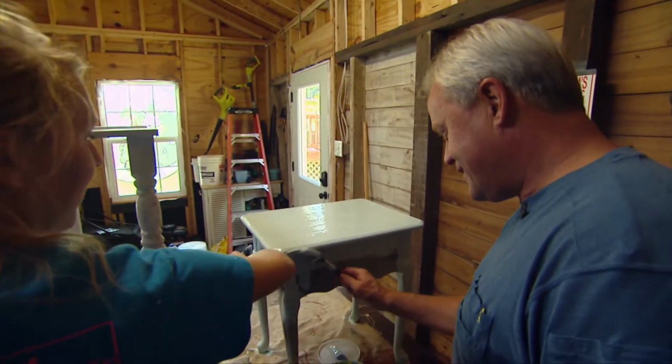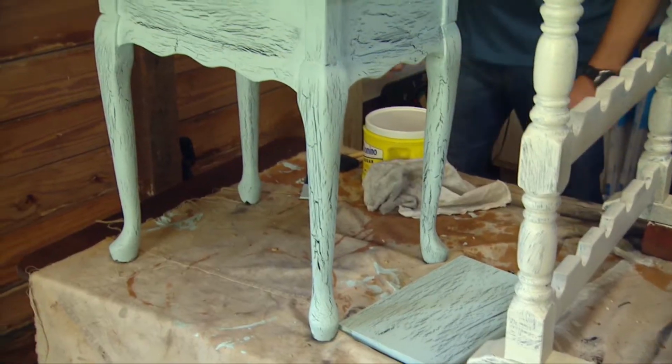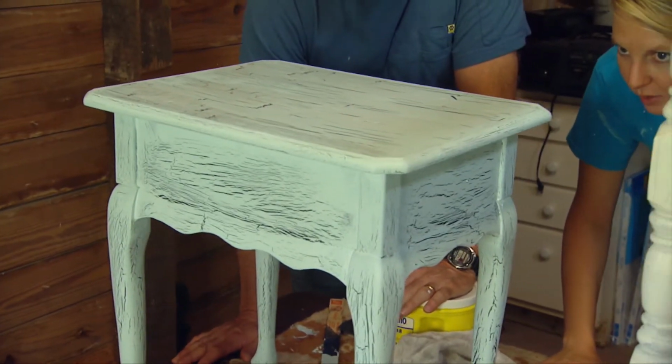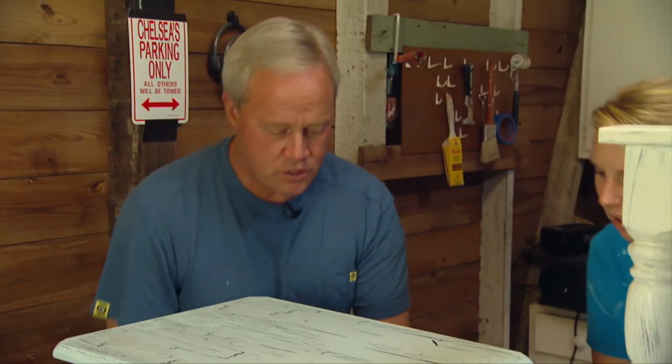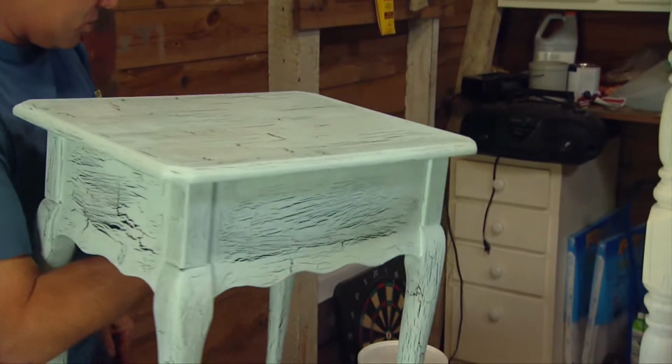Soon we're done painting, and it's obvious the glue is working. And I have to say, I'm surprised at how cool it looks. Man, that is unreal, now that this is dried, the reaction the paint had with that glue. Yeah, I was skeptical. It looked like it was going on so smooth. I didn't know how it was going to crackle, but that completely changed the look of that piece of furniture. You can see that it needs to dry a little bit more because it's not black yet. Well, I'll tell you what,